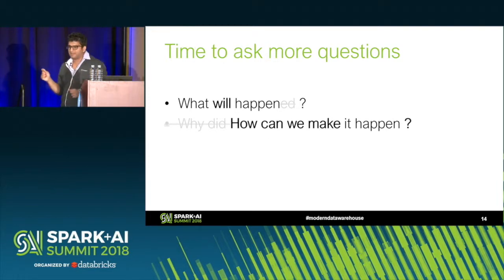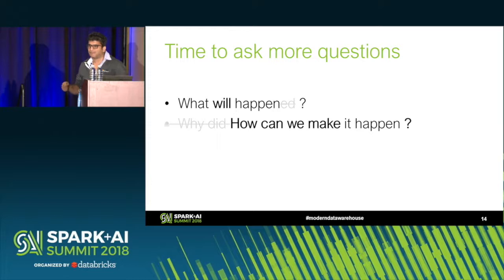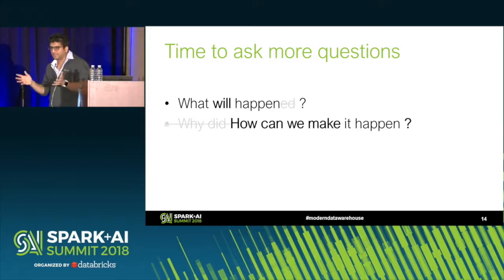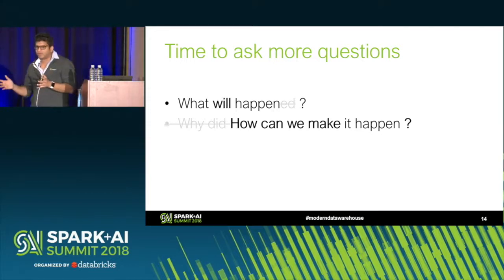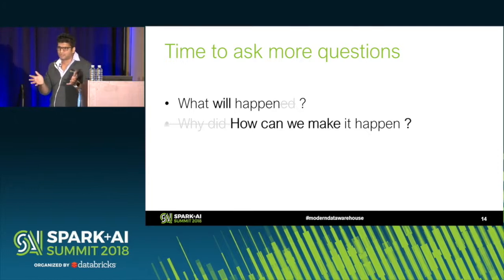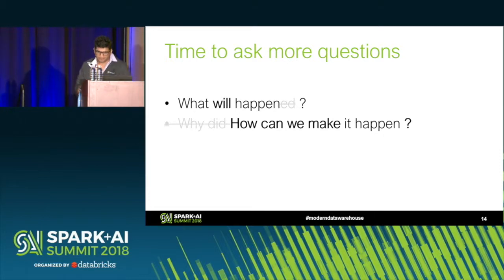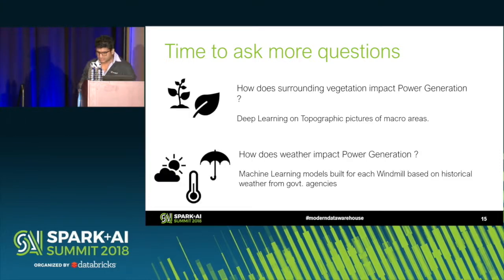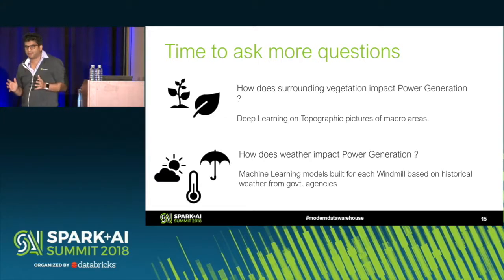Not what happened, but what will happen. How can I accurately say what's going to happen next month? Not why did something happen, but how can we make something happen? Rather than doing an evaluation on whether the windmills did well last month, we should be talking about what does it take to generate 20 megawatts of power. So here are some very interesting ways that we see people enriching their existing data warehouses using Spark,